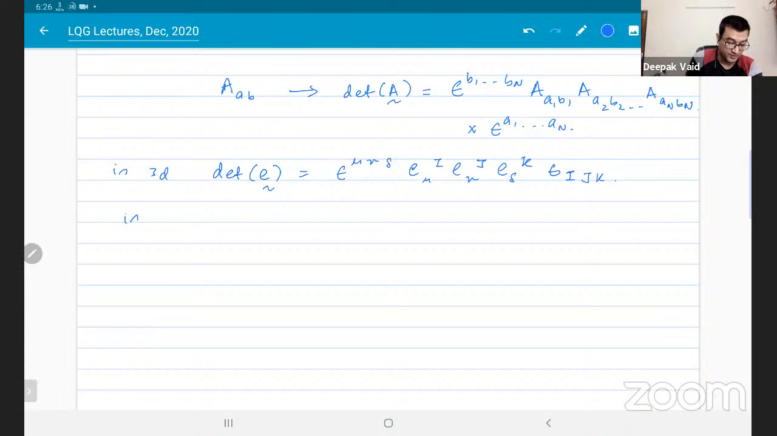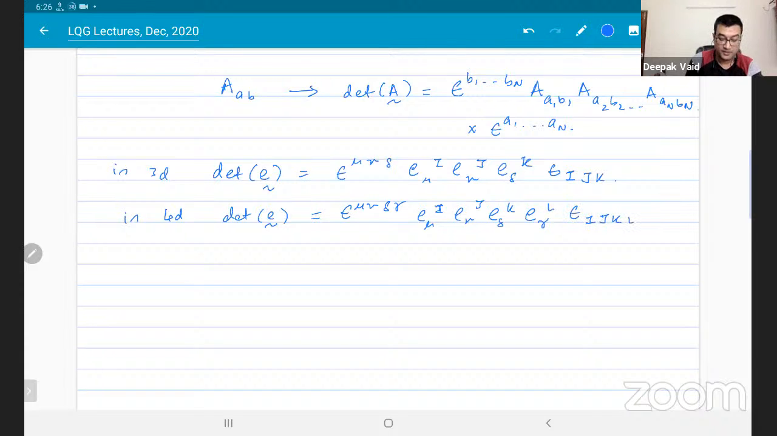And if you are in 4 dimensions, you will get 4 copies of the tetrad in this expression. So you will get epsilon mu nu delta gamma, e mu I, e nu j, e delta k, e gamma L, then epsilon I j k L. Okay, I might be missing some 1 by 3 factorial and 1 by 4 factorial,